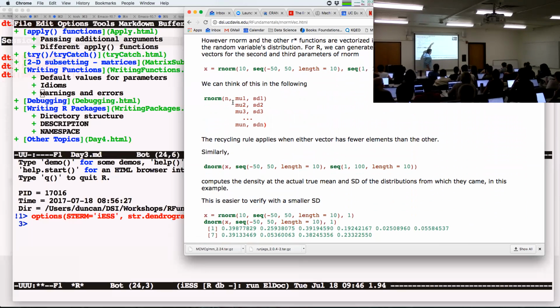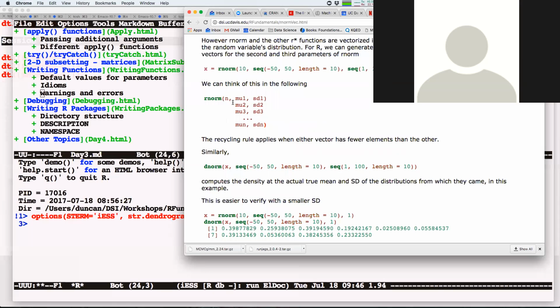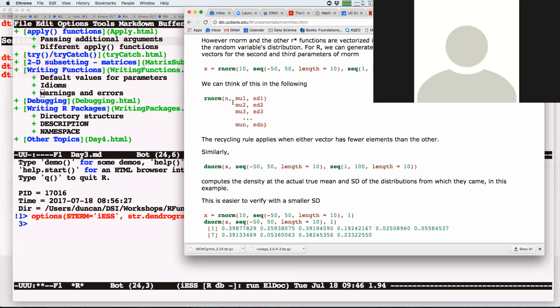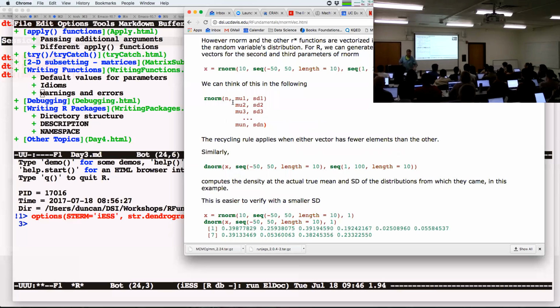But basically, we're just specifying this is a vector, this is a vector, and our norm knows what to do, and our exponential, our Cauchy, all these guys basically know what's going on. So this is the way to get around. This is the sort of vectorization that you really want to exploit because it's super fast. But as I mentioned again, there are these other things. When your functions are not vectorized, now is when you actually need to understand the apply family of functions.